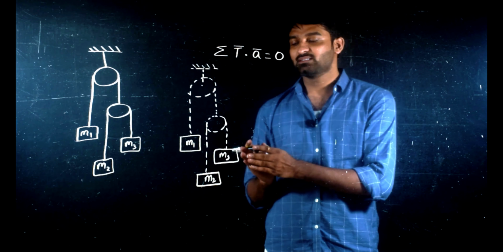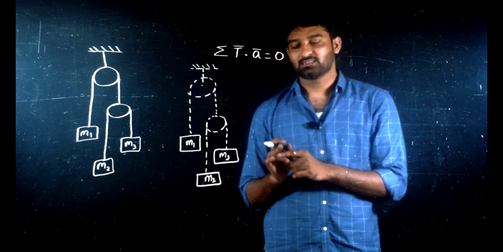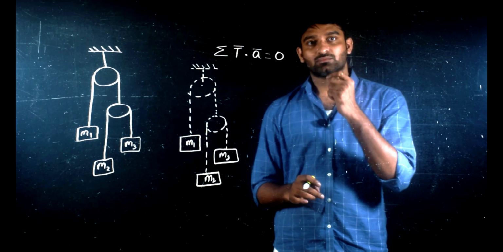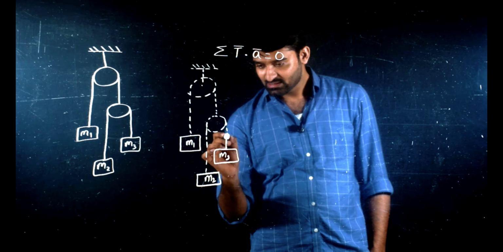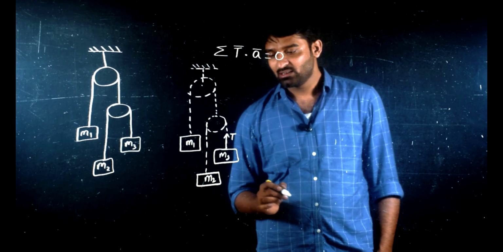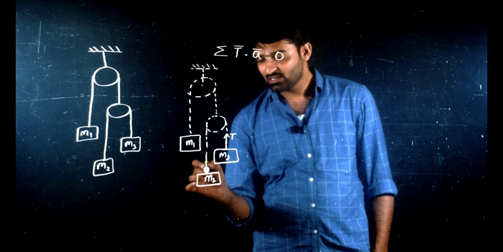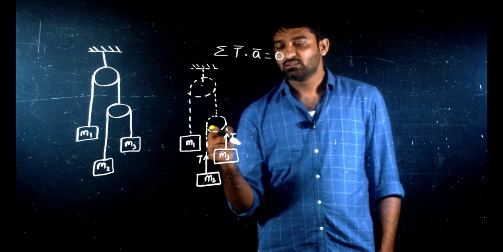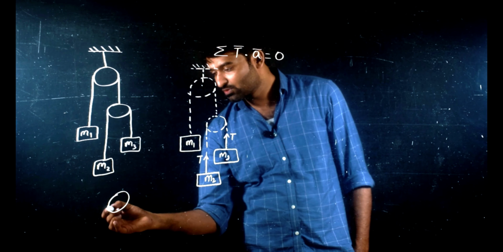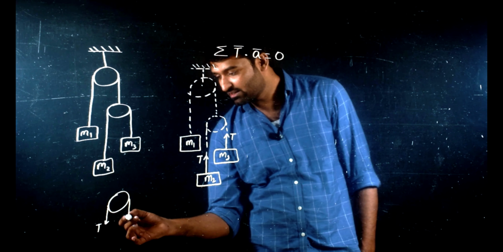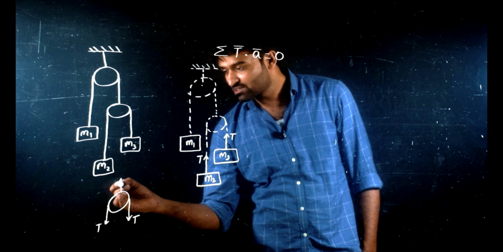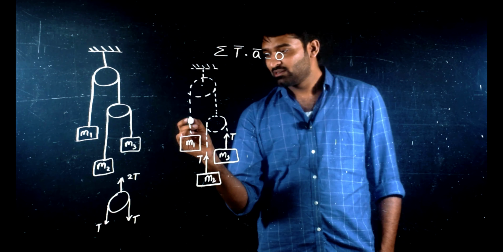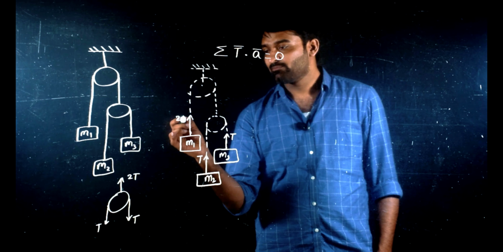First, I'm selecting the system of all bodies having masses, which means all the three blocks. After selecting the system, for rule 1, tension in this string I'm assuming as T. Since this is the same string, here also the tension will be T. Now, on either side, if I draw a free body diagram of this movable pulley, I'll have tension T and T here. Therefore, the two tensions add up to give 2T in this string. Then here we'll have a tension 2T.